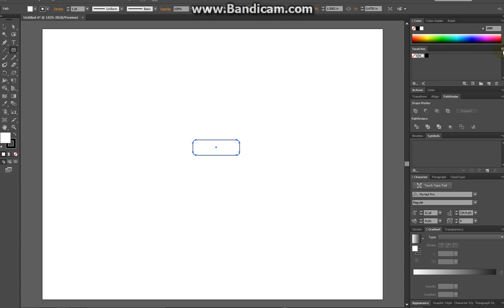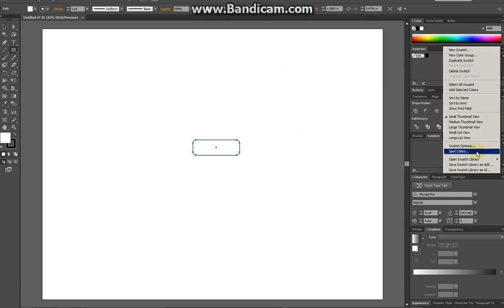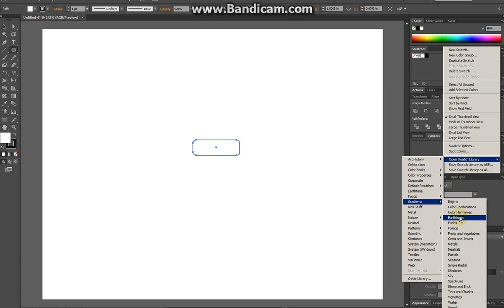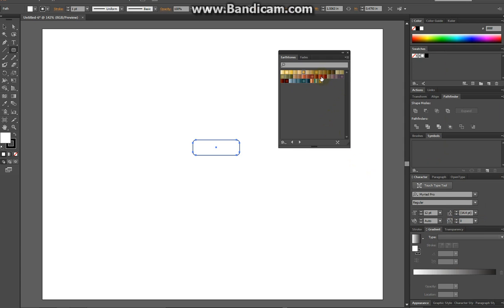And now the next thing I want to do is add a gradient to this button. Now, one of the things that I suggest is that you use one of the swatch libraries, because there's some really nice gradients in here. Things like the earth tones. Some of these are really good looking. Now I've created a simple gradient. I've got a stroke. Let me make that a little bit thicker just so I can really see it. And I'm also going to adjust this gradient,